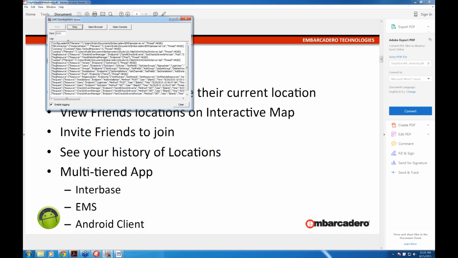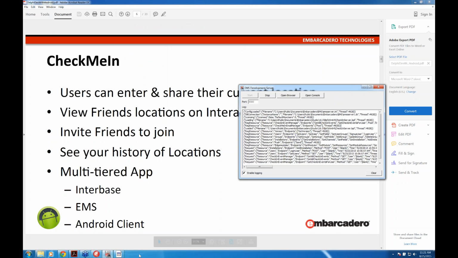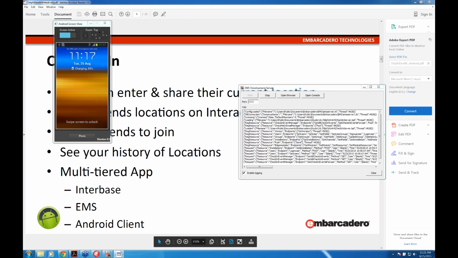And so this is responsible for holding a couple of resources. We're going to talk about those resources in a bit more detail later, but I wanted to point them out. They're called the check-in event manager and the check-in email manager. So I've got 2 of those resources besides the inbuilt services the EMS provides. That's effectively my server, which is what we've got running here. And then we'll go and run it up now,